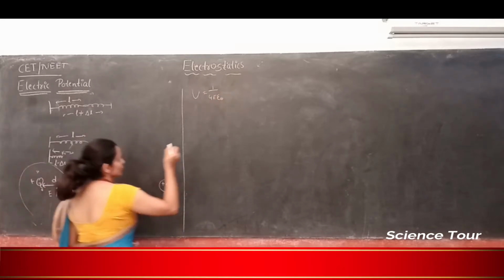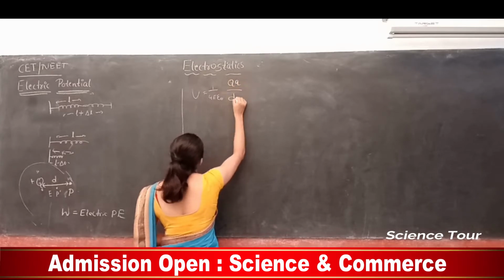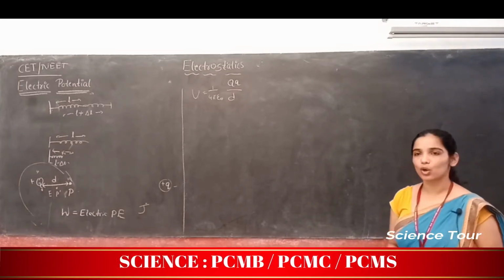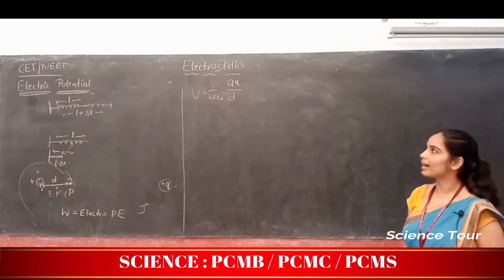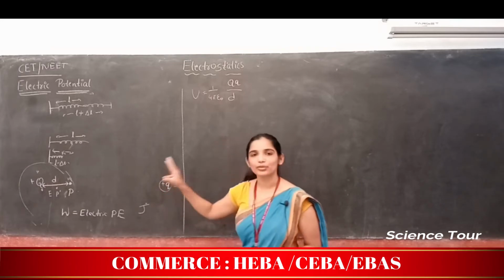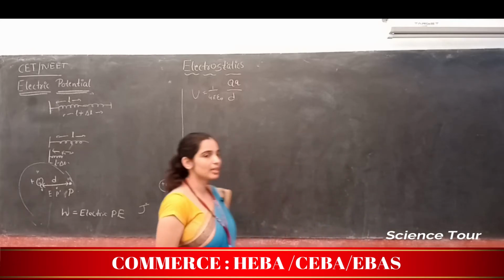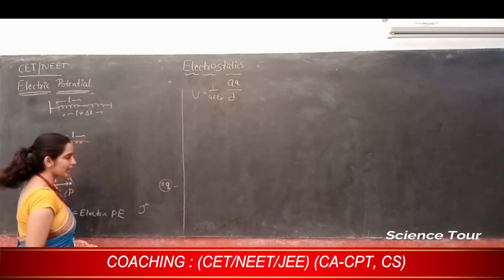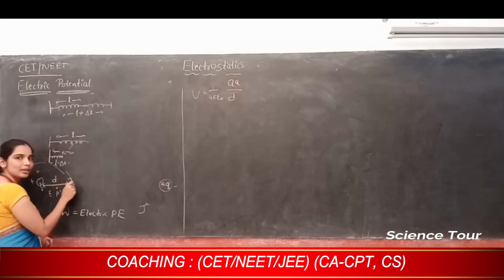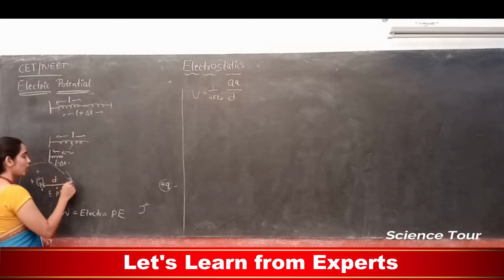So there are two charges, right? Q into Q divided by d. Potential energy will be 1 by 4 pi epsilon naught Q into Q divided by d. This is the amount of work done in bringing a charge from infinity to the given position in an electric field. What if this is a negative charge? Then it will get attracted by this charge. To place it here at P, again you have to do some work, or else it will be attracted towards this.